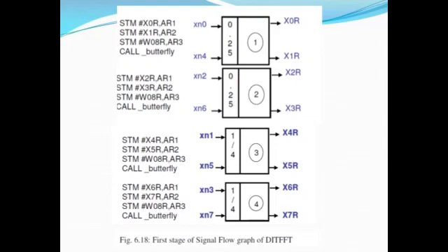If I go with storing the data and calling the subroutine or subprogram from the main program, we are going to just write in this form, considering the first stage of a signal flow graph. So x0 and x4, from 0 to 5, is the first stage, producing the output, that is x0R, and x4 producing x1R. So x0R, x1R is the first output of this first block or symbol.